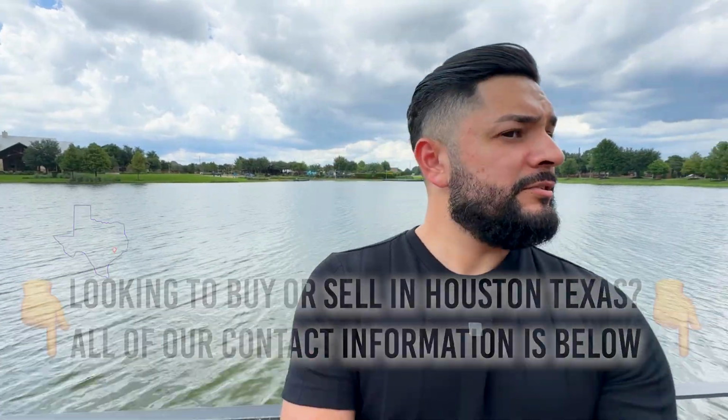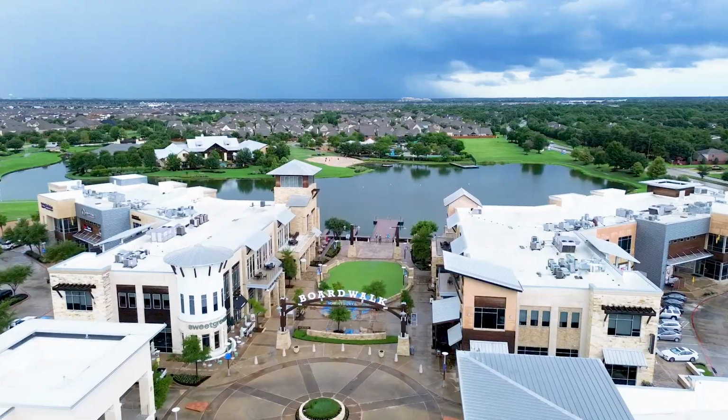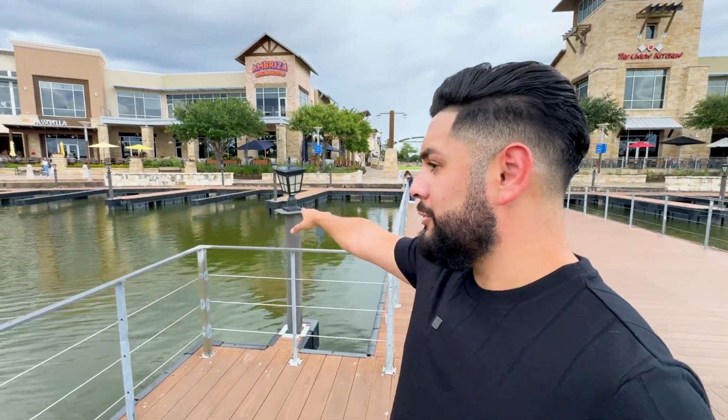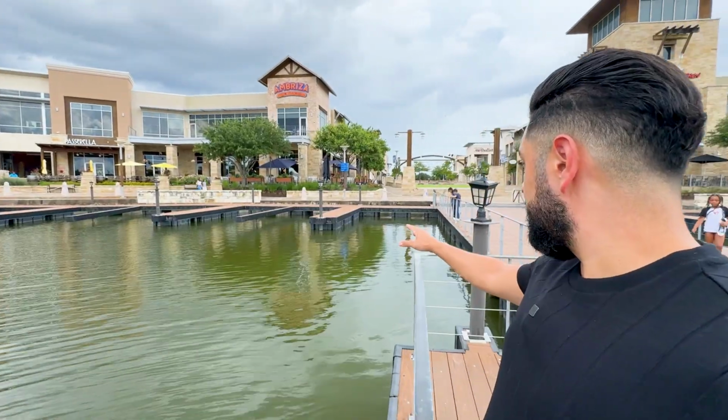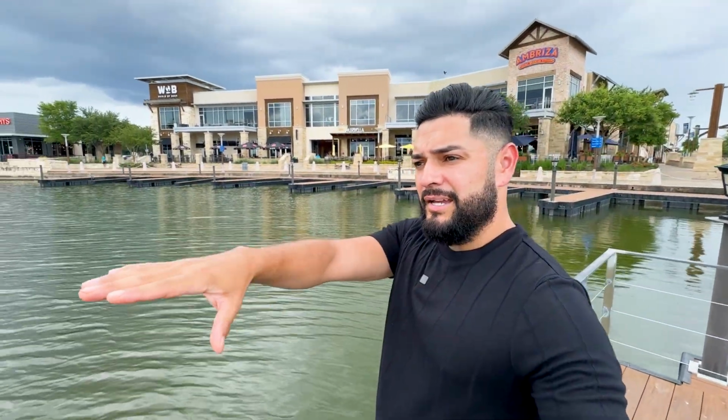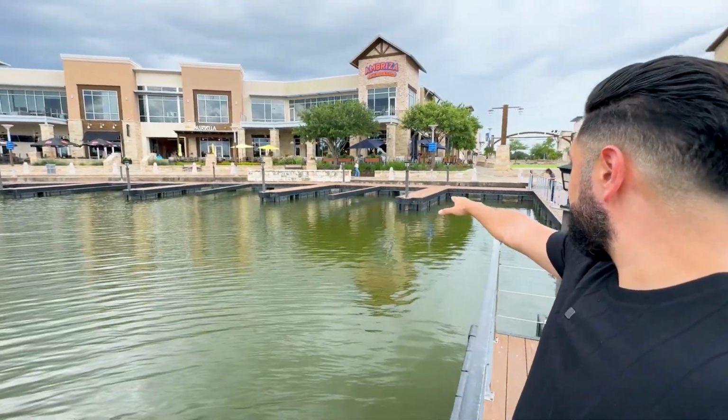So back at the Boardwalk, this is kind of one of their main attractions here, right? But if you notice, there's also boat docks. So if you have a house on the lake, you have a boat, which you'll check out on one of our other homes, but you have the boat docks here, right? So you can pull up Friday night, you and the family, Saturday night, pull up with your boat, go to one of the restaurants here,